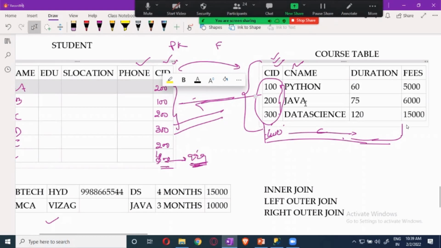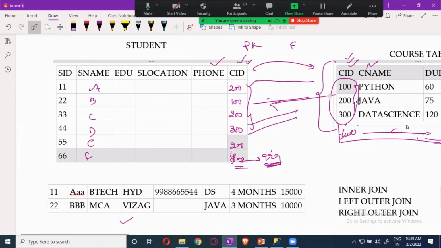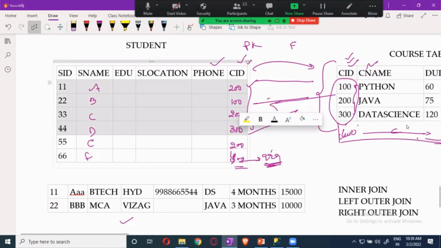All the course details will come out: Python, Java, data science, and C. But from the left table, only those who took 100, 200, and 300. People who took 99 belong to employee, so they will not be displayed.